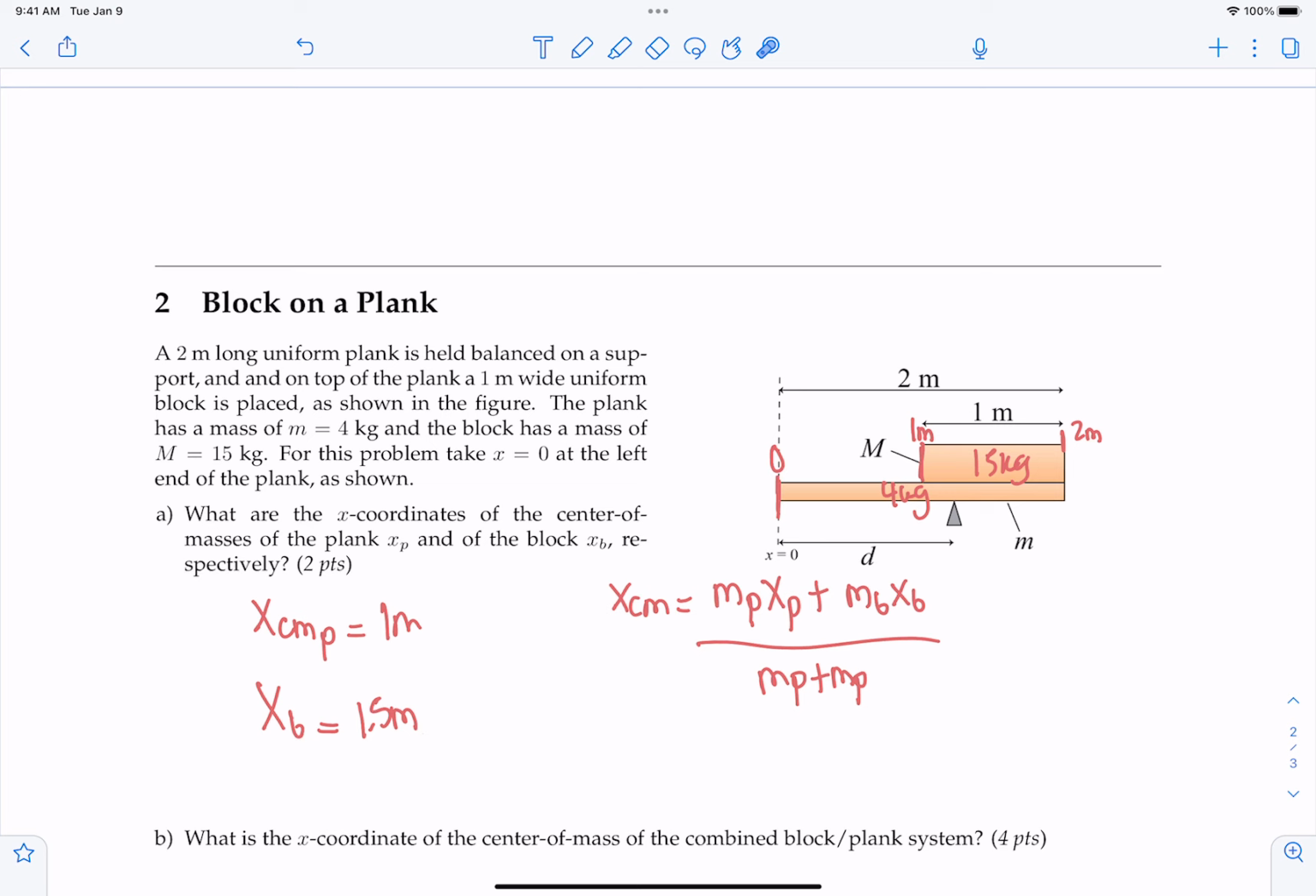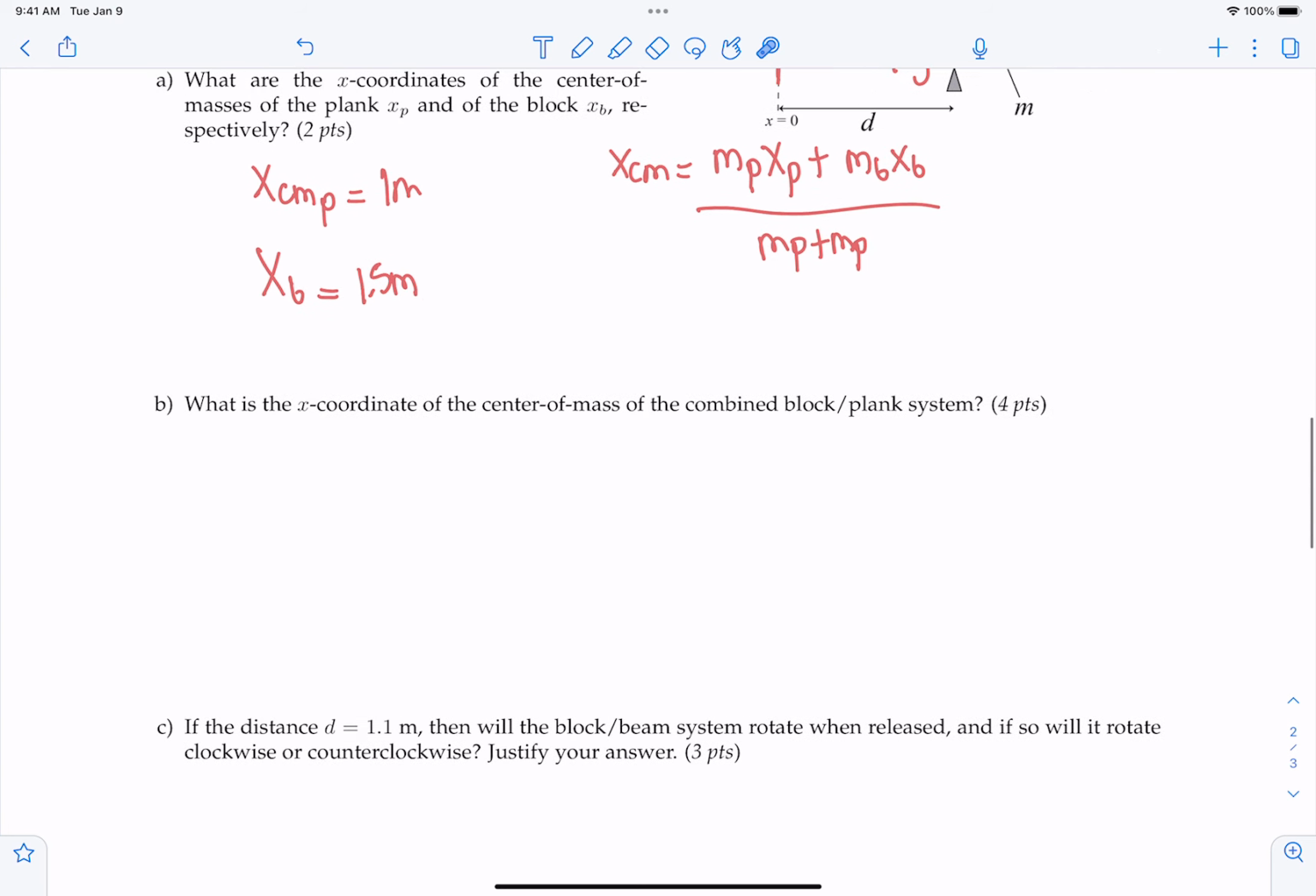Well, the X_B, the block, would be 1.5, yes, but the center of mass for the plank would just be 1 meter, because it's the center of mass of the plank itself, so the X_P would be 1 meter. And that's actually what we're going to do for part B. So, already kind of done: what's the X coordinate of the center of mass of the combined block/plank system? So we literally just take